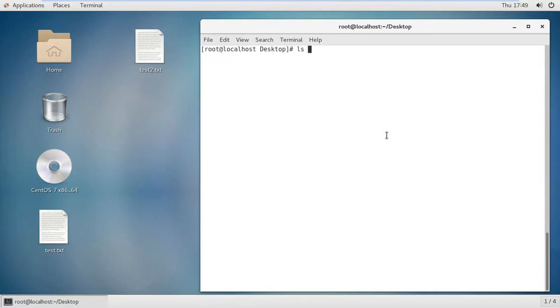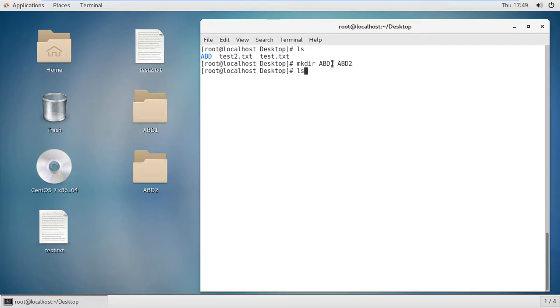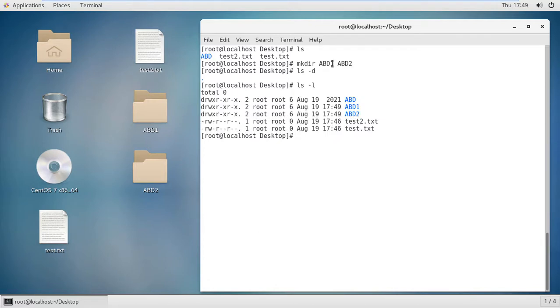Okay, now I'm putting the ls command, so it's showing here there is an abd folder, an abd directory is also there. Right now I'm just putting some abd1, abd2, enter. ls hyphen l is also a command, long listing.